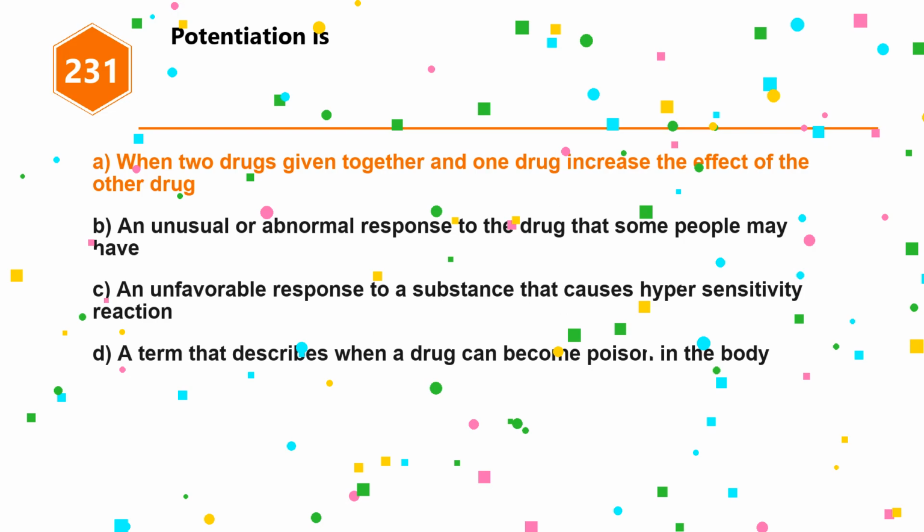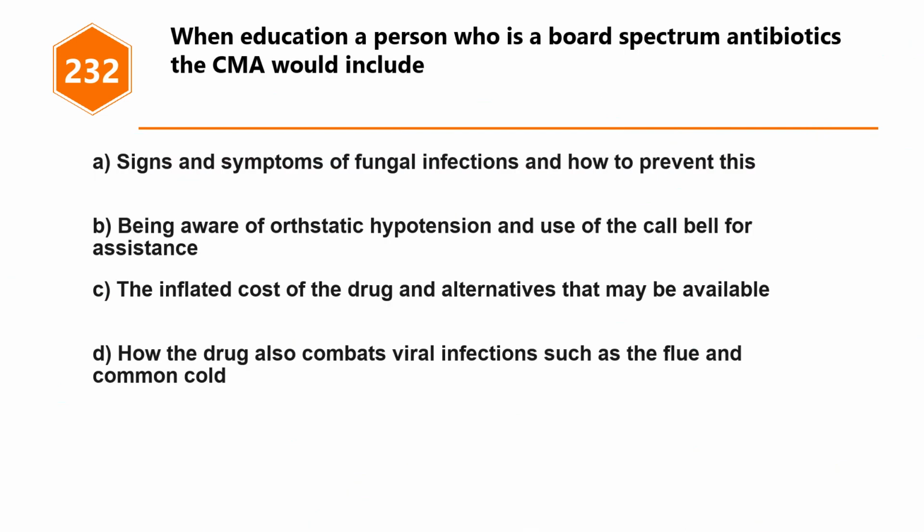The correct answer is option A, when two drugs are given together and one drug increases the effect of the other drug. Question 232. When educating a person who is on broad-spectrum antibiotics, the CMA would include: Option A, signs and